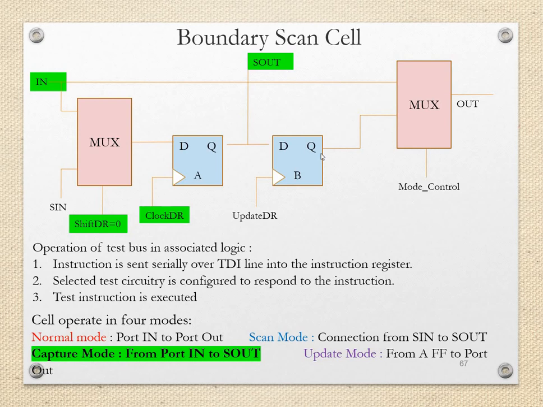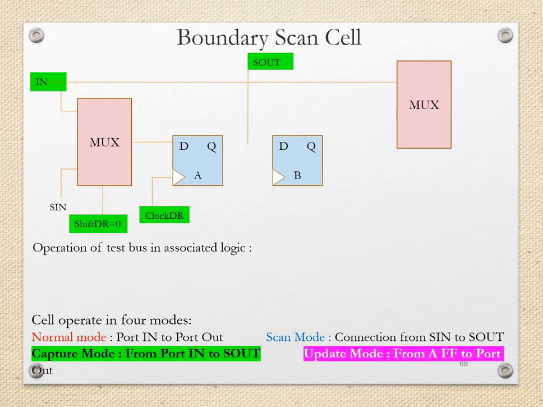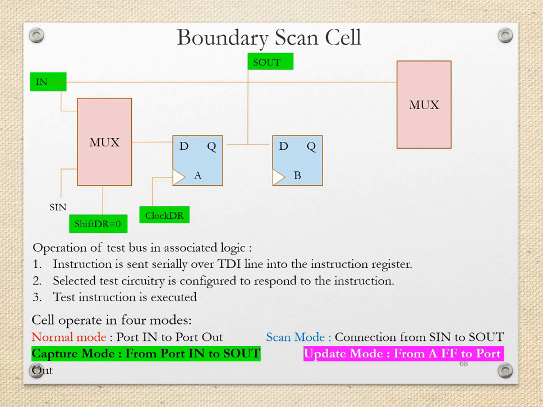Now the next mode of operation is update mode. So these previous steps till the output of this flip-flop 1 will be the same, and after that the update mode will be performed. We will see the operation. Now the update mode I will be showing with pink color. Again the same operation steps will be followed. So data is taken from the first flip-flop. Update DR, that is the clock signal for this next second flip-flop, is applied. From there the data will be given to the multiplexer.